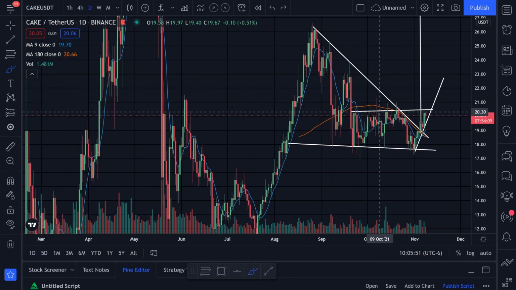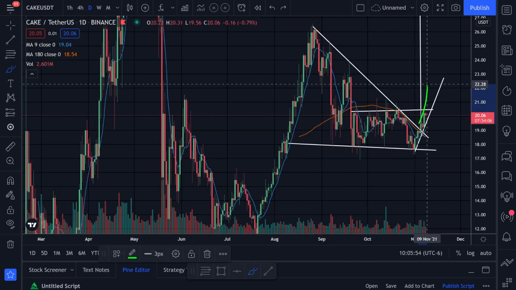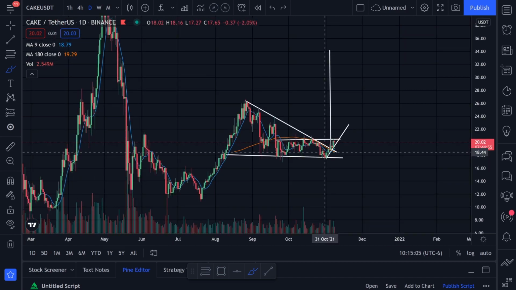I do like the way this pattern is looking, so I'm assuming the upside, but I guess we'll have to wait and see. Let's see if we can keep this momentum going to the upside and hit that target of approximately